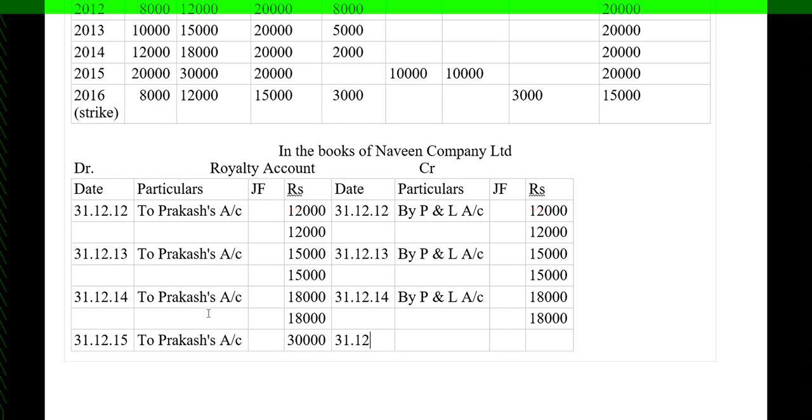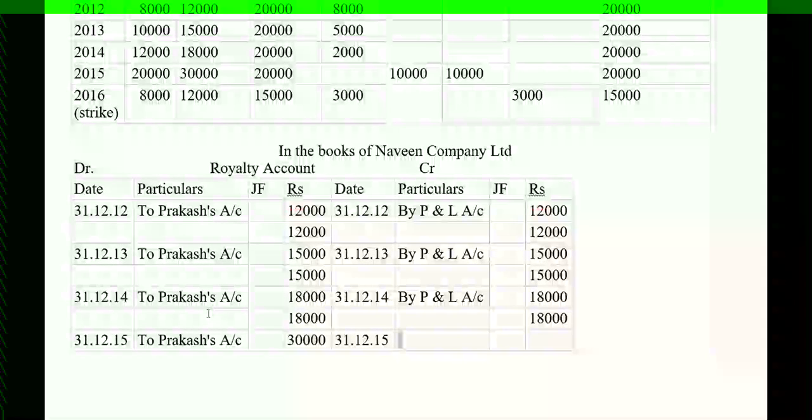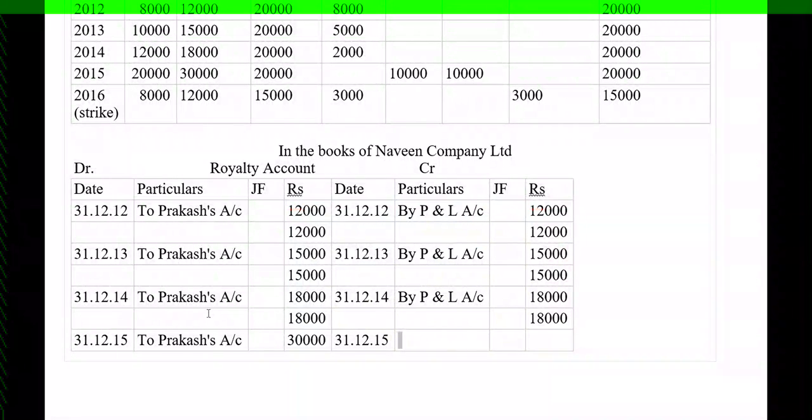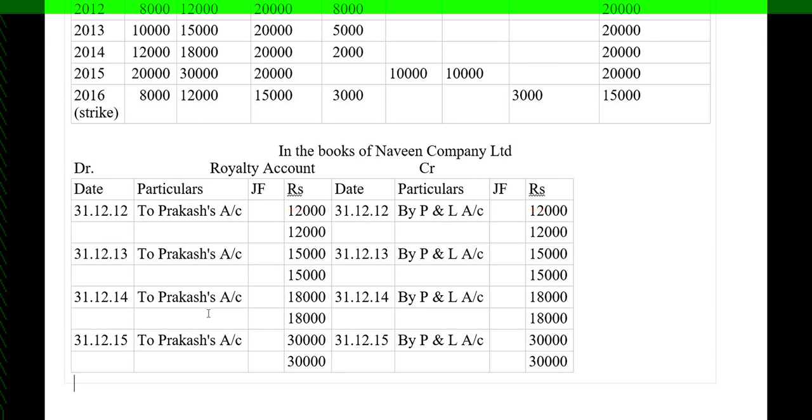So on 31st 12/2015, when it is transferred to P&L account, then the entry will be profit and loss account debit to royalty account. So royalty account is credited by P&L account. So 30,000. So let me take the total here. So 30,000. So here also 30,000. So on